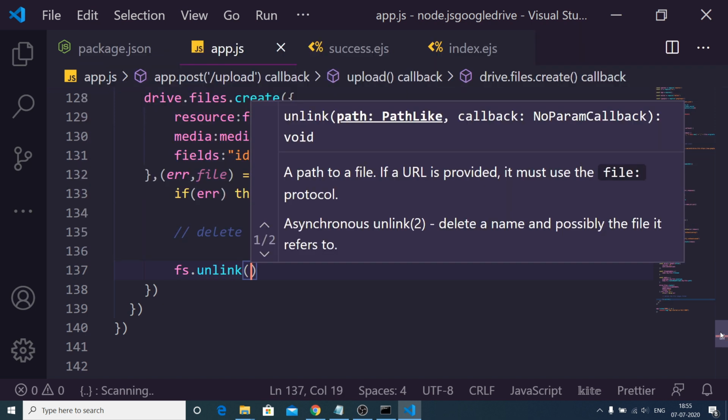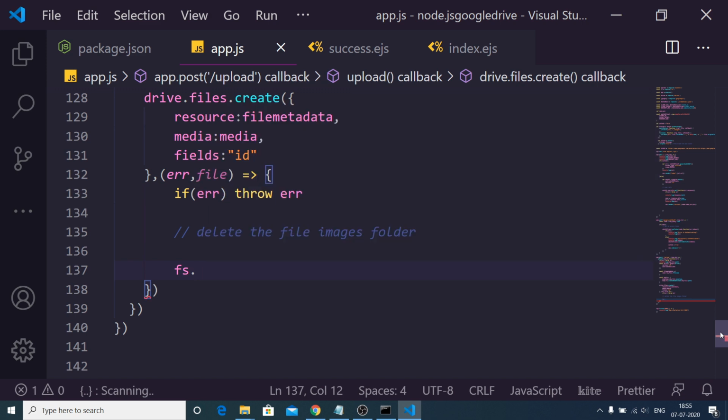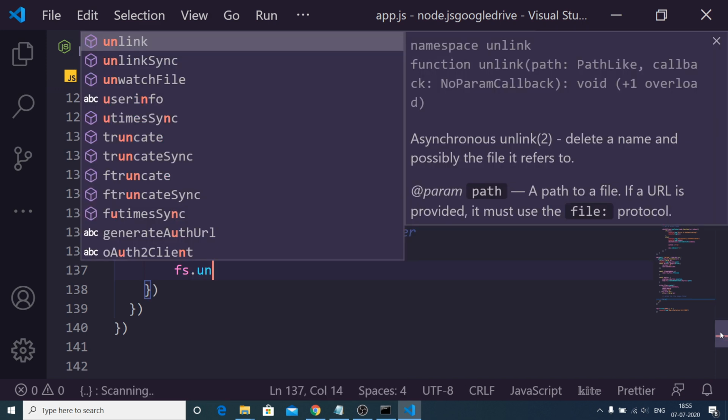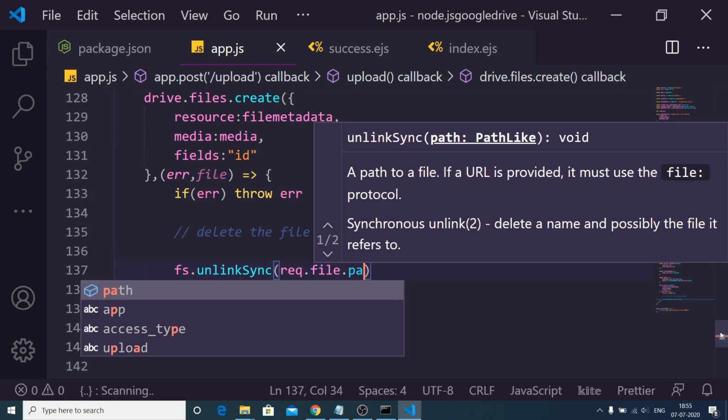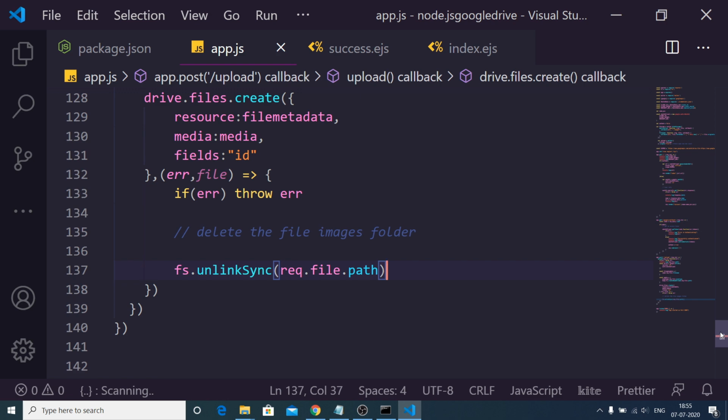We will use unlinkSync, where sync means synchronously, and we need to pass the file path, request.file.path.